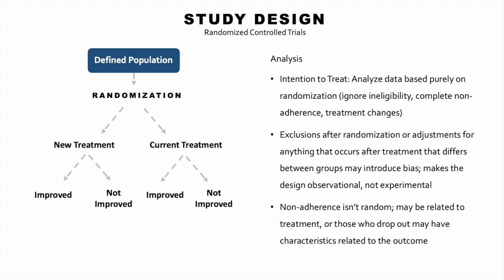It may be related to the treatment, for example, if the treatment has really unpleasant side effects, or the people who drop out of the study may have characteristics that are related to the outcome. For example, if people drop out because they're low income and they live in a rural area and they don't have access to transportation, but the other people do, they may have other characteristics in common that are related to the outcome of interest. So it's always important to review the information on people who drop out of a study to try to understand why they're dropping out of the study, what might be happening there, and